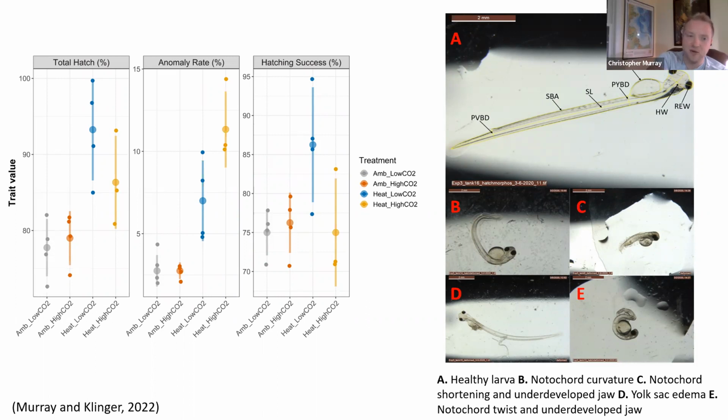But what we also found is that the heat wave significantly increased the proportion of malformed larvae. So even though more were hatching, a higher percentage of these were coming out malformed. So that kind of equalized the ultimate survival of the embryos, because these malformed larvae, while they had a beating heart, were not actually going to survive in the water column. So in the end, hatching success was more or less equal across the 4 groups. A couple of examples of malformations: like this hook here, which is pretty characteristic, but stunting, really long, narrow bodies with edema around the heart and yolk sac, and these really dramatic hooks in the spinal column.